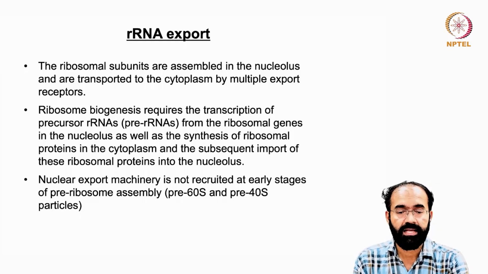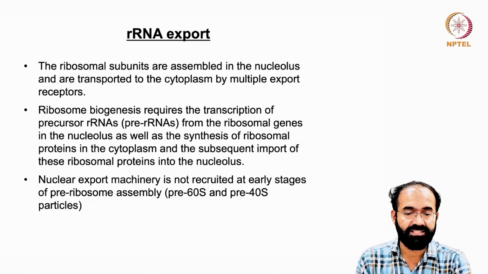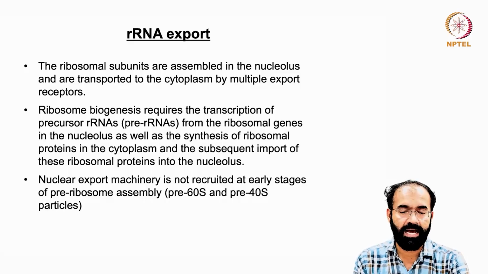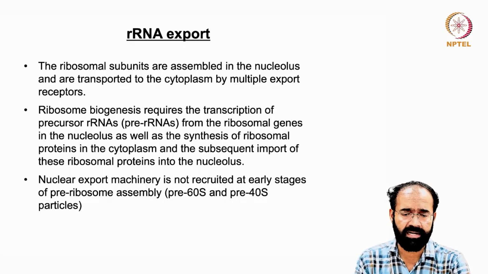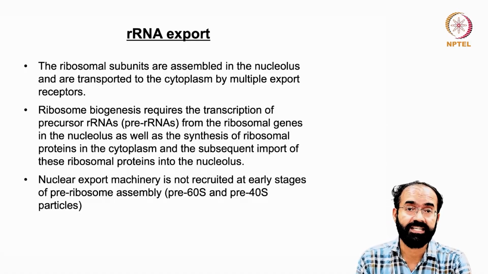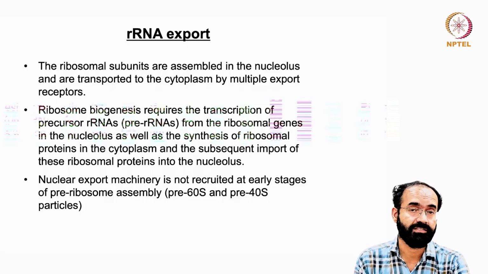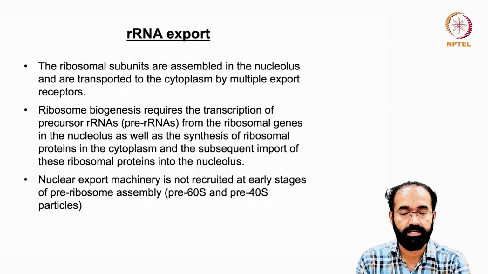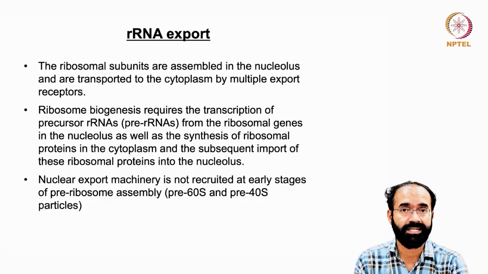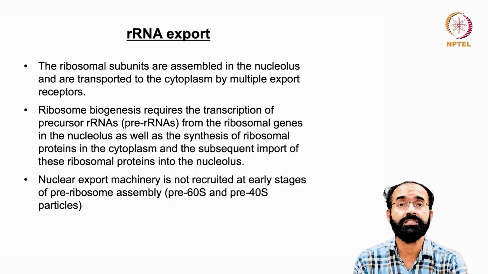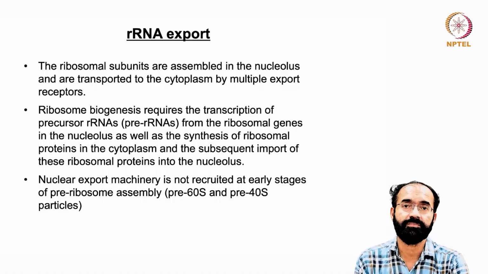Ribosomal RNAs are there, and ribosome biogenesis requires the transcription of precursor ribosomal RNA. We call it pre-rRNA, and it is transcribed from the ribosomal genes in the nucleolus, which looks like a heavily pigmented part inside the nucleus. So the nucleolus is a part inside the nucleus where ribosomal RNA biogenesis is taking place,